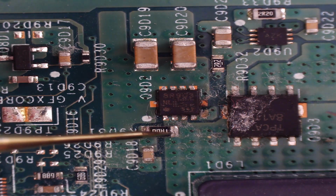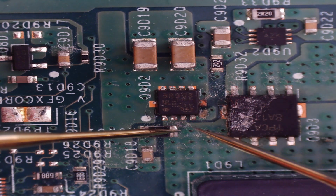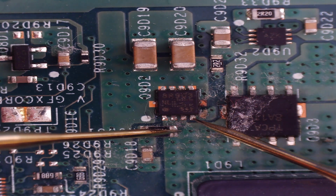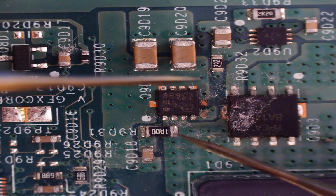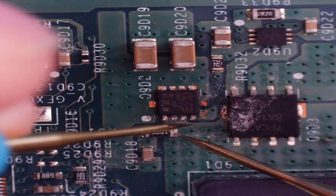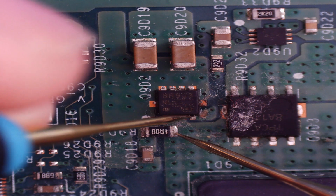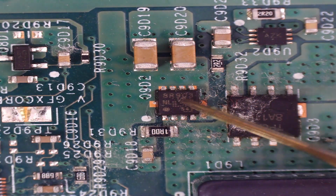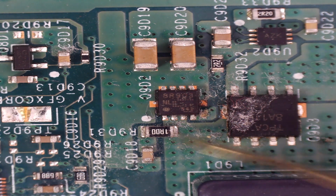So black probe on the resistor, and then red probe on pin 1. Okay, so that shouldn't be beeping. Let's swap them around, because that's basically saying that it's connected, which it shouldn't be. And then around the other way again, so that's showing that that MOSFET is constantly supplying a connection through to